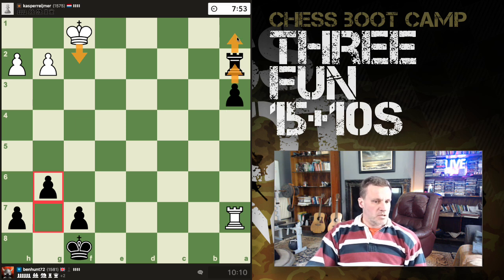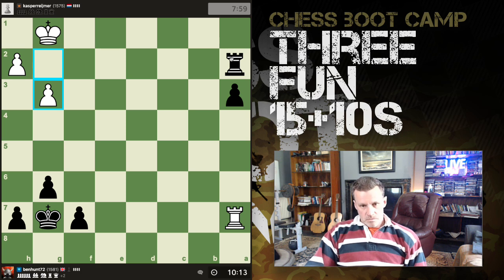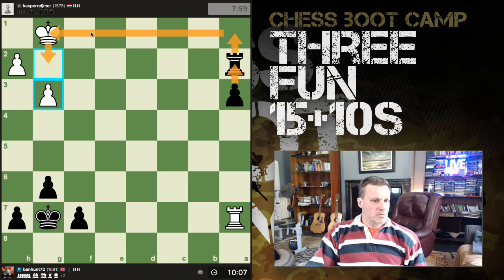Now what I want to do is to be able to move with check. I might still do that. I might just stick my king there first and then figure it out. Here. He goes here. Push the pawn up. Okay. It changes nothing really. There, there, pawn up. And then what I'm looking to do is to move my...